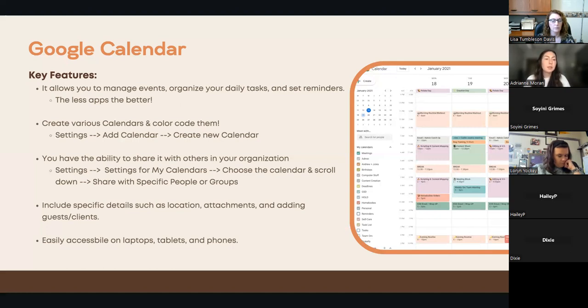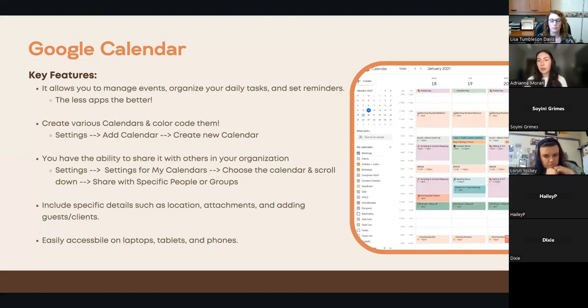multiple apps. And so the key in Google Calendar, and I think this is where many business owners struggle, is creating multiple calendars. So you'll see in this picture here on the right hand side how they have various calendars for different tasks. For me, for example, I have one for classes. I have one for the Fisher College of Business and the things that I do up here. I have something for my sorority and something for Simplified Social. So I have a different calendar and a different color assigned to each of those specific things.